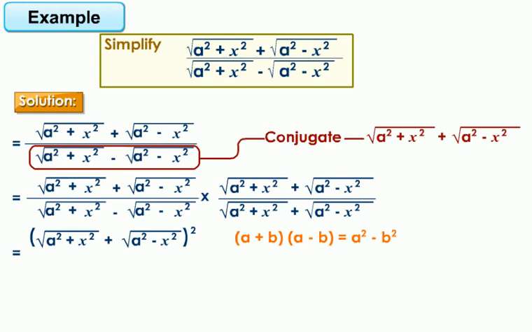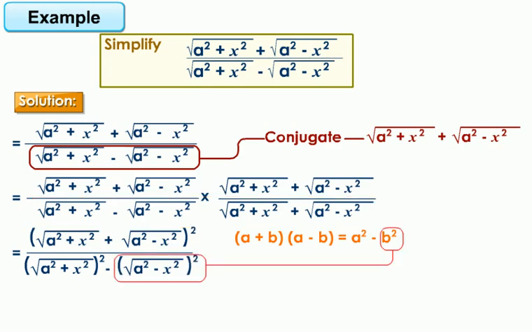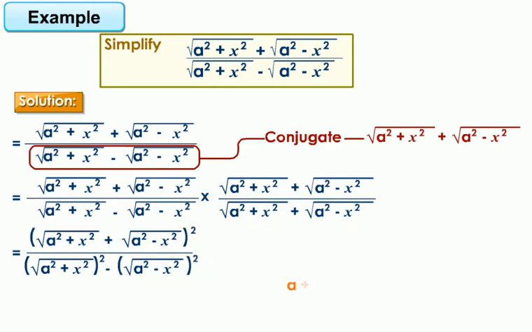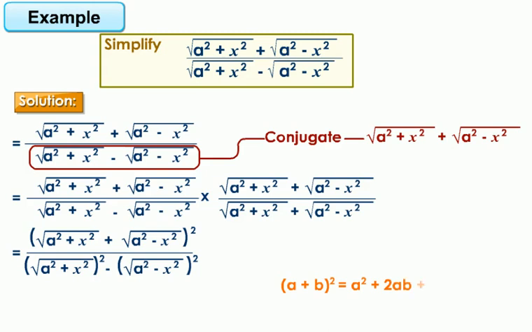Multiplying the expressions of denominator, we get (under root a square plus x square) whole square minus (under root a square minus x square) whole square,